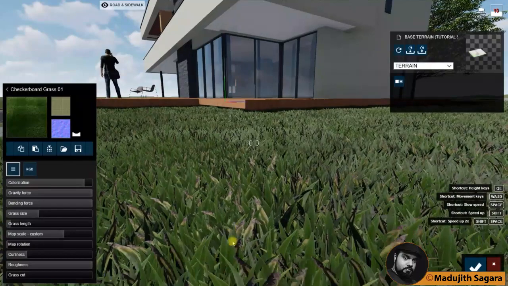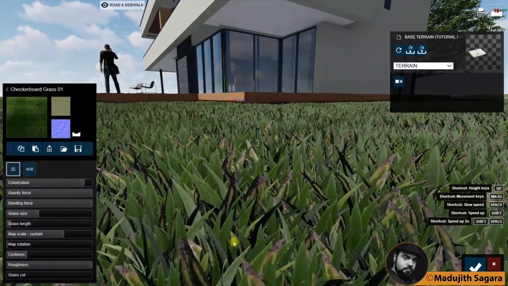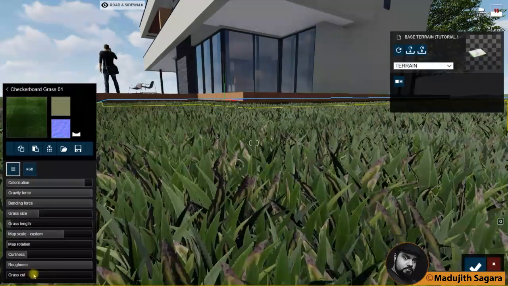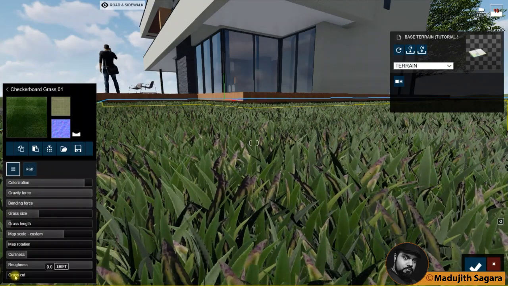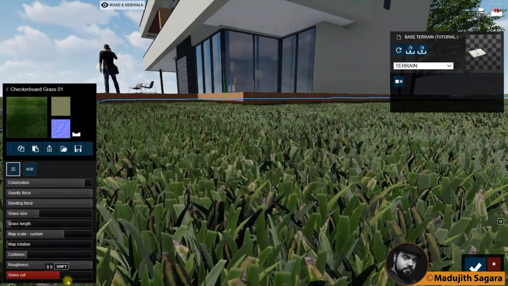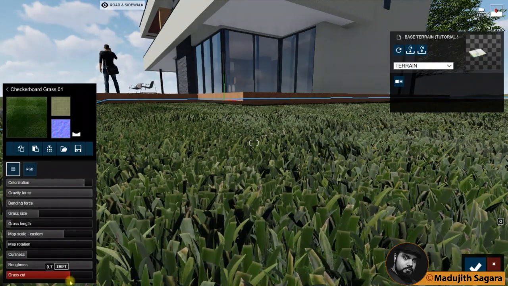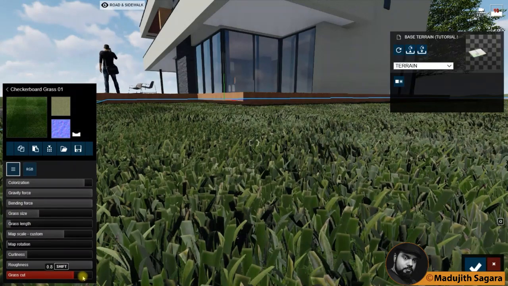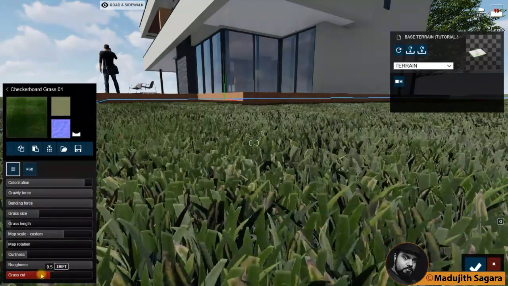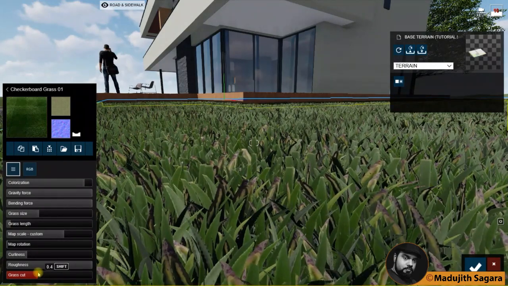Now this is a very beautiful thing. This is called grass cut. Here you can change it. Oh, can you see? It gives you a cut look. Think that you are doing some pruning. You are cutting, you are pruning your grass. Then you can use that also, like that. It's a grass cut. And these are the things you can do to the grass.